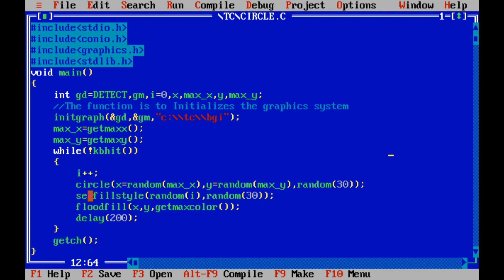Then we are using a function, setfillstyle, to set the style of the circle, that is the patterns and how it will be filled up. Then we are using the function floodfill, with the help of which we are drawing the circle with the desired color. Then we have a function delay, so that there will be a delay between each circle painting.